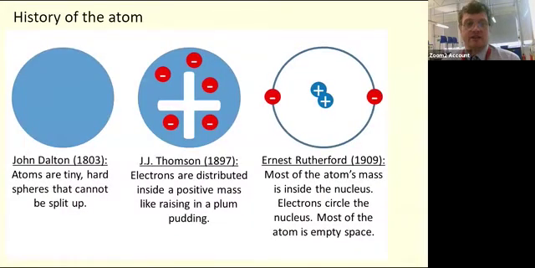So we're going to look at the history of the atom. Now, the idea of atoms actually goes back to ancient Greece, and the word atom literally means uncuttable. Some Greek philosophers sat down and thought, well, all the stuff around us, can we keep dividing it up into smaller and smaller bits, or does it get down to a tiny thing which we can't cut up? And they thought probably it got down to tiny things that you can't cut up, indivisible bits of matter,